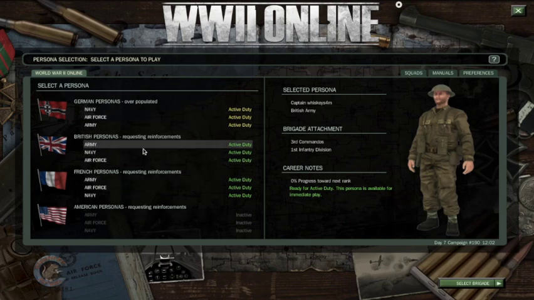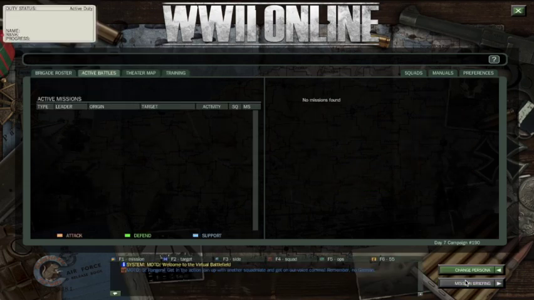I'm going to start with British and the Army. So I recommend that if you're new to the game, always select Army because that's where there's most likely going to be players there to help you. So after you select Army, go down here and click Select Brigade. There it will bring you to this page